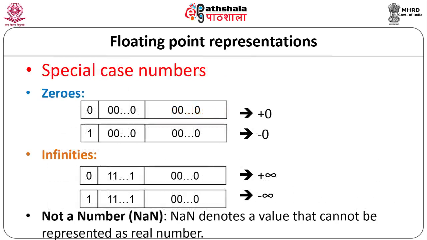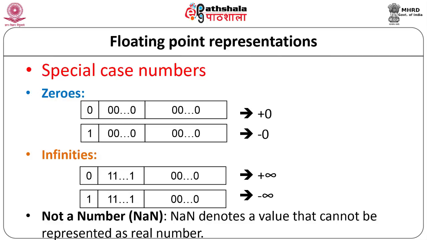Under floating point representation, there are three special cases: 0, infinity and NaN. 0 cannot be represented in a normalized form. So, what we need to do is assume E is equal to 0 and F is equal to 0. There are two representations for 0, plus 0 with S equal to 0 and minus 0 with S equal to 1. Infinity, the value of plus infinity, for example 1 upon 0, and minus infinity, for example minus 1 upon 0, are represented with an exponent of all ones,